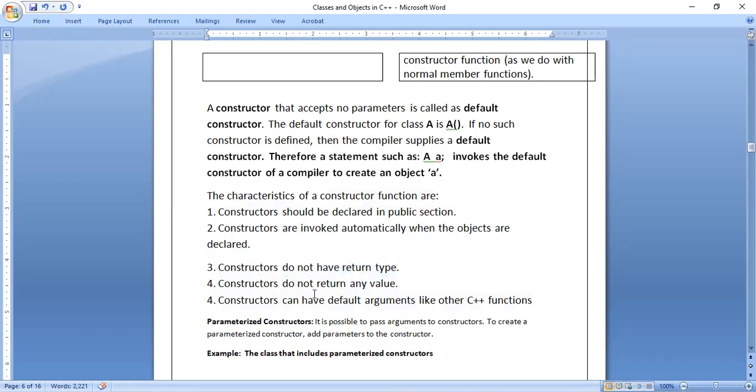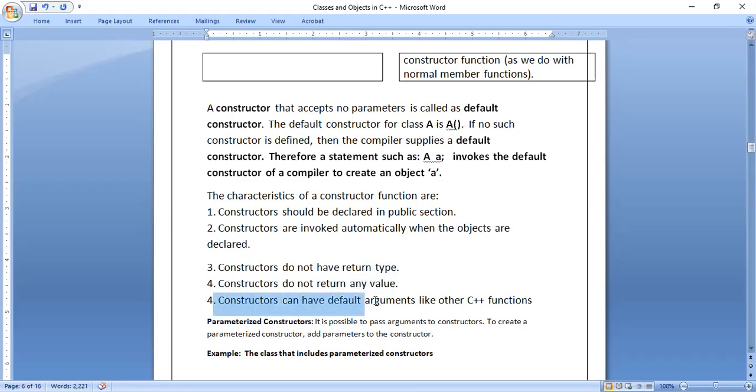If you don't write any return type, it will not return any value. It's very simple. If a return type is there, it will return a value. If you write int, it should return an integer value. If you write float, it should return a floating point value. But for a constructor, you are not writing any data type, so it will not return any value.